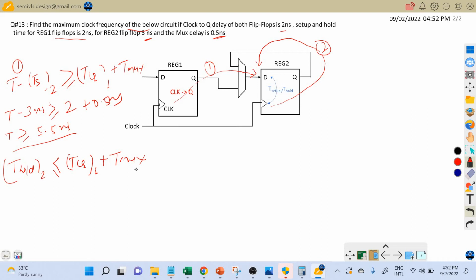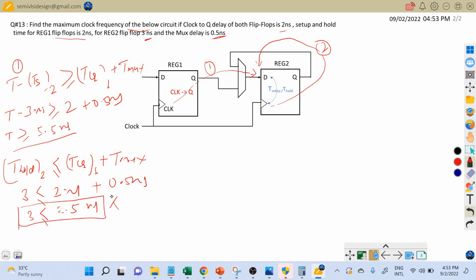T hold time of flip-flop 2 is 3 nanoseconds, which should be less than T clock-to-Q delay, which is 2 nanoseconds, plus T mux, which is 0.5 nanoseconds. So here 3 is less than or equal to 2.5 nanoseconds,